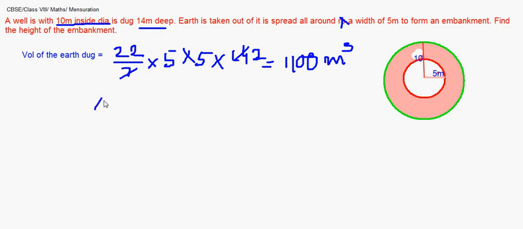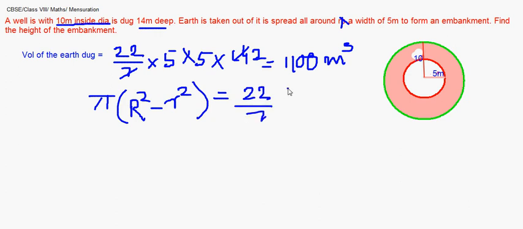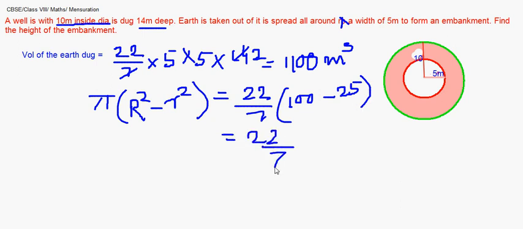It will be pi into capital R square minus small r square. So the capital R I have put as 15. So I will put this as 22 by 7. The capital R square is 225, and this is 25, so that is 200. It's 22 by 7 into 200. This is not getting cancelled, so let it be,